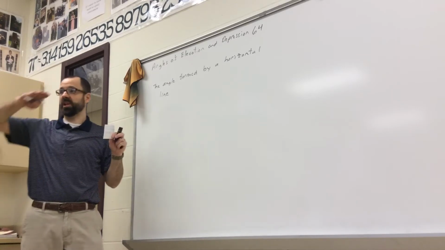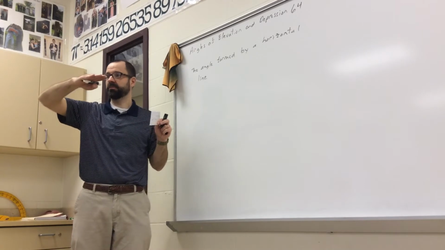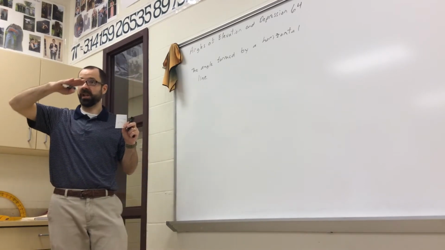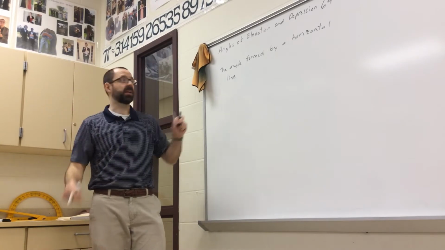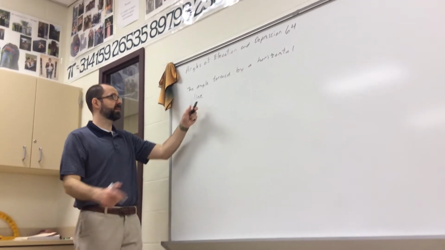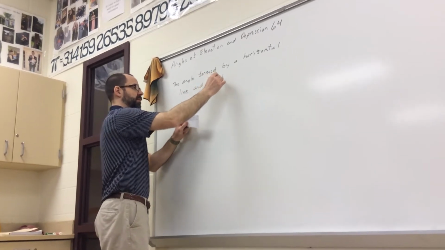And don't forget, horizontal looks like this, like the horizon. So in our picture, we're going to have a horizontal line. That's important for this. Okay, so the angle formed by a horizontal line and the line of sight